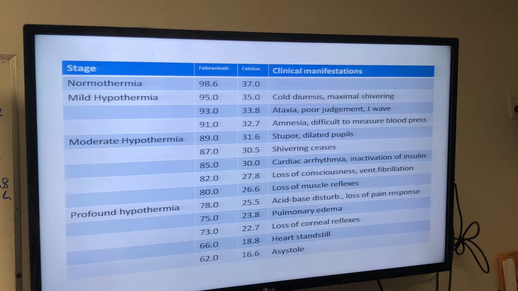Cardioplegia solution is cold, slush, ice, and lots of potassium. It makes the heart just stop. But it happens very, very frequently in the cardiac OR, almost predictably at this temperature. And that's why when we warm people that are less than 27 degrees,